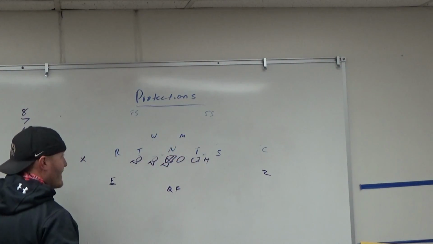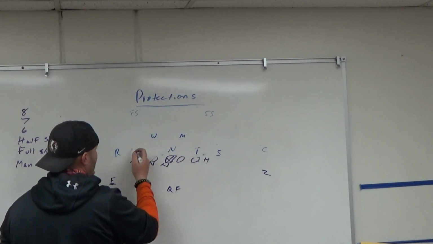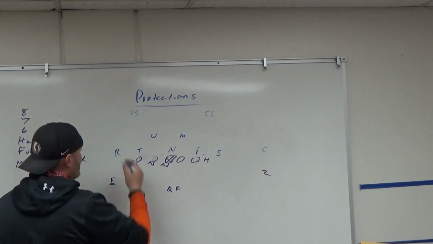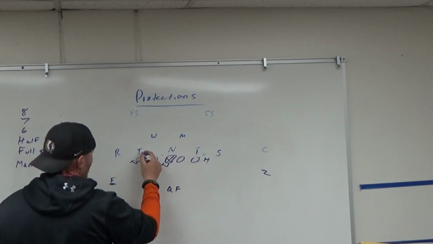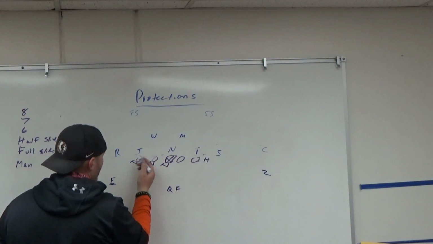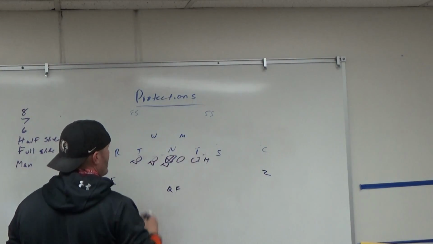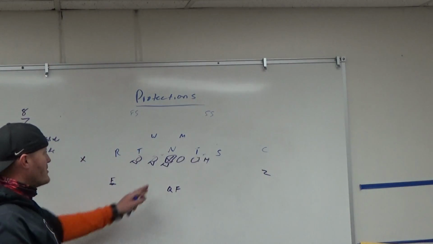Quarterback's going to read this backer, most likely. Again, he could kick him out, and he could kick him out. But again, it's whoever comes in their gap. So if he drops and he goes in that gap, he's got him. If he sits down inside and this Will doesn't come, then he's taking on the tackle. The Will comes and the nose comes. Again, there might be a little bit of help depending on the slanting, but for the most part, that's your